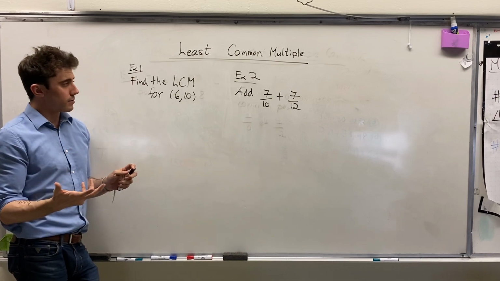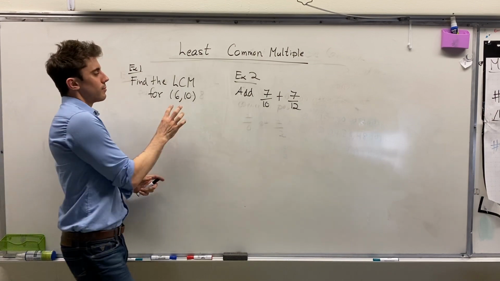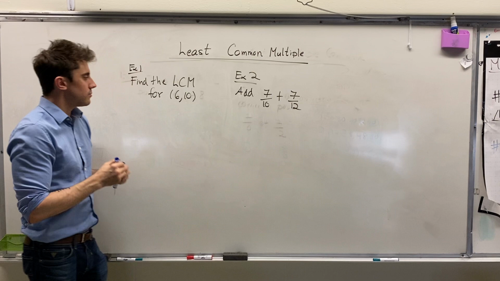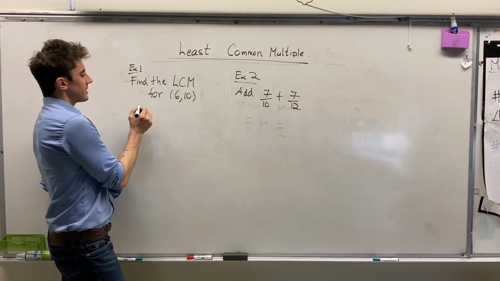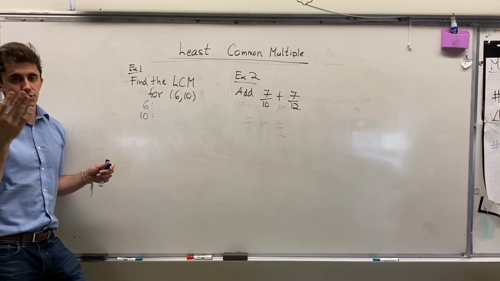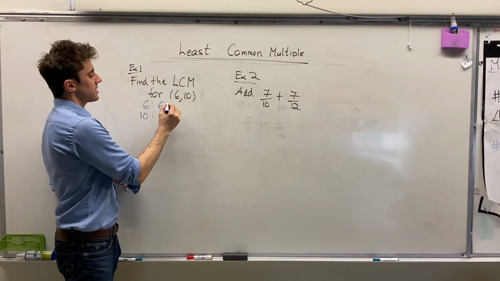Now the least common multiple is exactly what it sounds like. It is the smallest number that is both a multiple of 6 and a multiple of 10. One easy way to do this is to simply list out the multiples of each number and create an actual list. If we go ahead and write down the multiples of 6, we'll have 6,